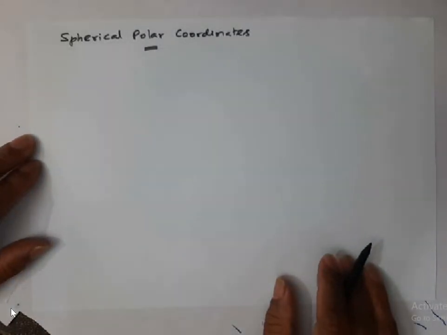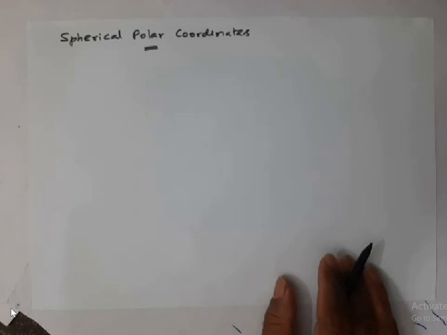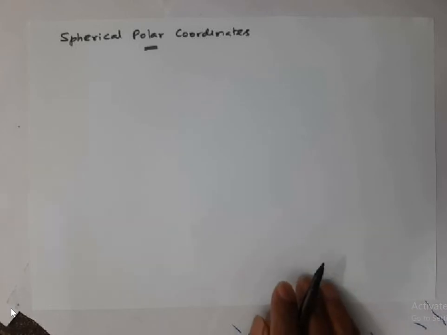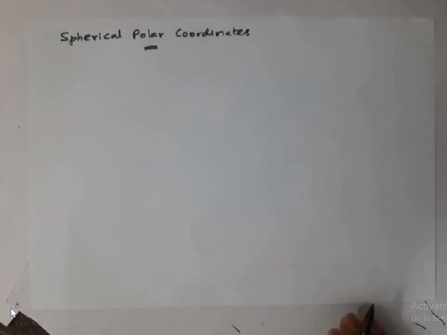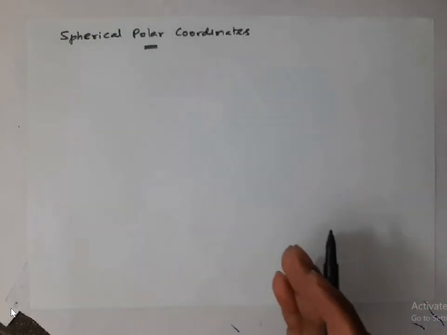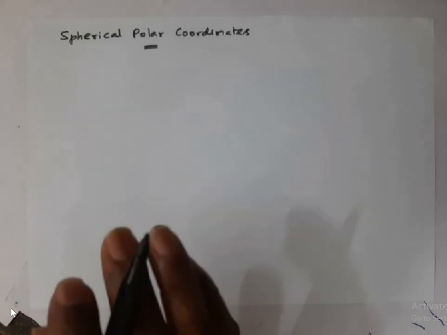Understanding spherical polar coordinates is very important because we are going to start the discussion of rotational motion, and then we are going to learn about solving the Schrodinger equation for atoms and molecules. For that, the spherical polar coordinate will be very useful. So before starting rotational motion, let me introduce what spherical polar coordinates are and what important information we should keep in mind for them.